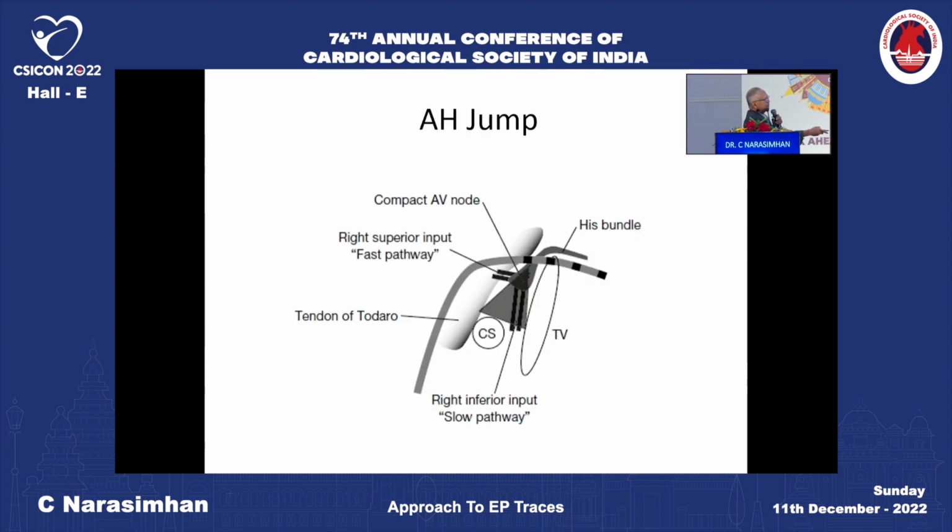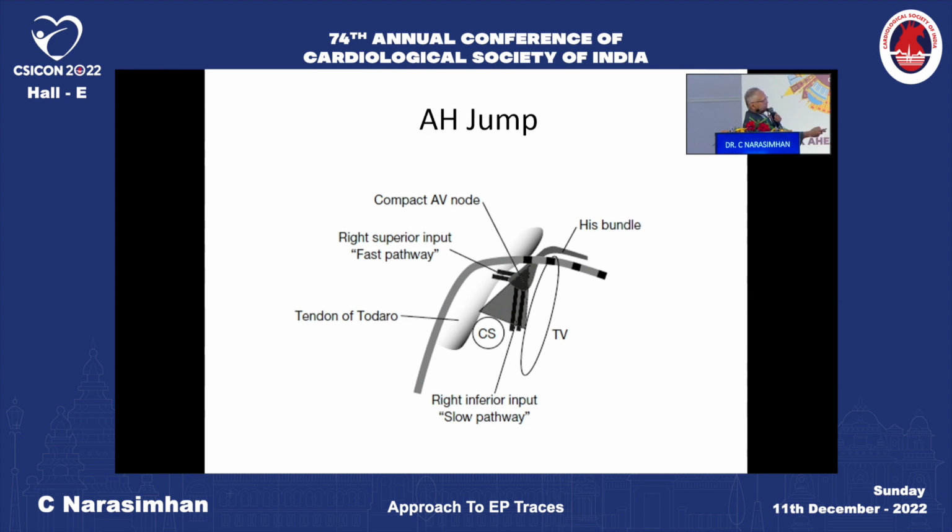Again, this you would have learnt again and again about AH jump. What exactly happens is, again, this is a cartoon from what you are looking at: the coronary sinus os, the compact AV node somewhere there, and then the His bundle. In a normal sinus beat, the impulse comes rapidly and activates the AV node and the His bundle, and that is the fast pathway. Compared to that, a very slowly conducting impulse comes in the floor of the coronary sinus and activates the slow